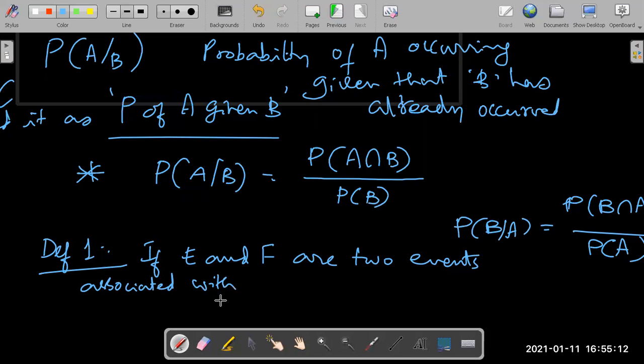For these definitions, you won't be asked to write the entire definition, but they will give you the entire text with something missing, and you'll have to fill it up. Associated with the same sample space of a random experiment